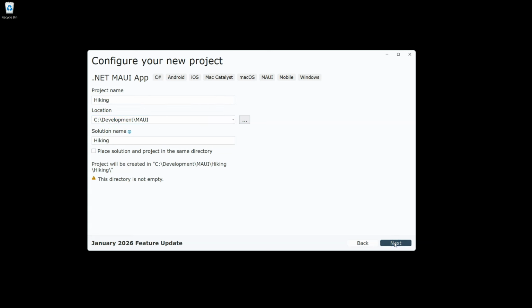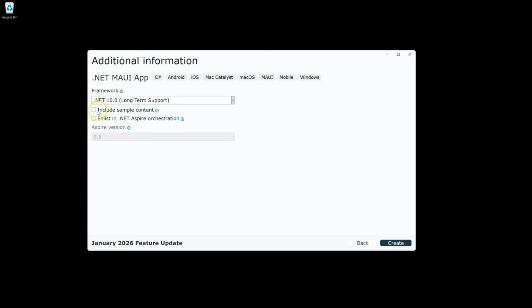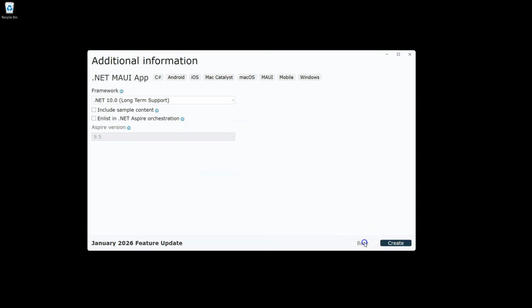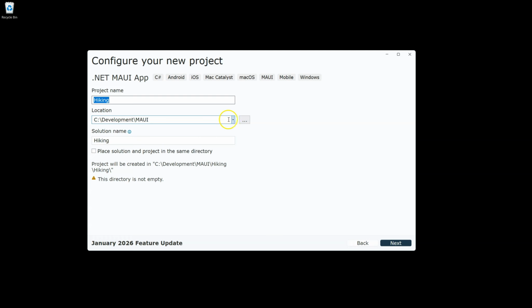Click next, and then just make sure not to select those, and select the latest framework and click create in order to create this project on your hard drive. Well, I have already a project with that name, so I'll just click no, go back here, hiking,